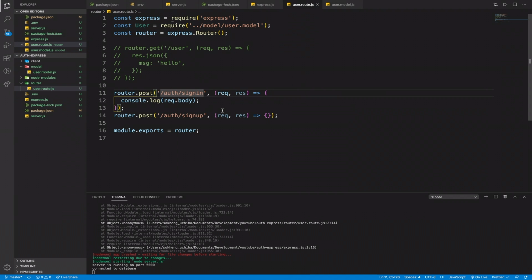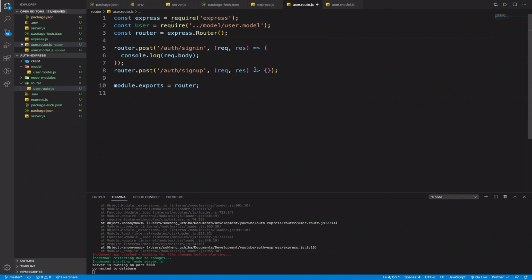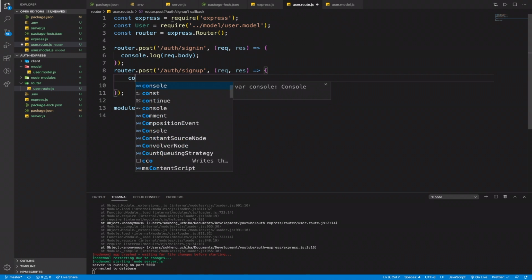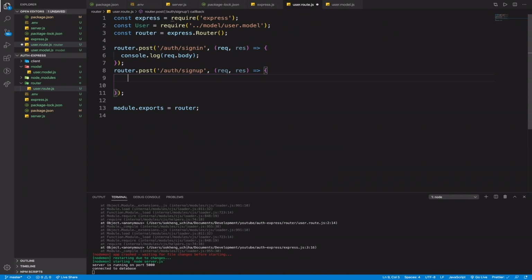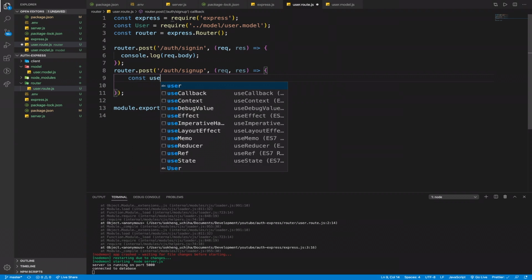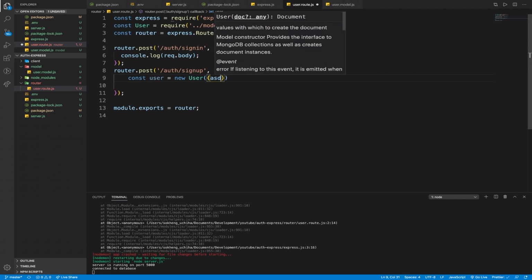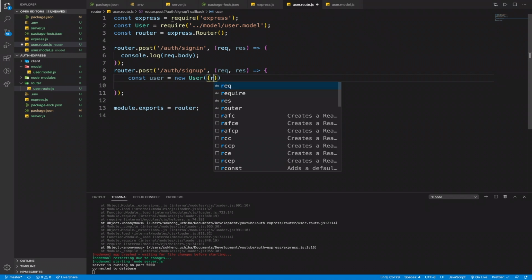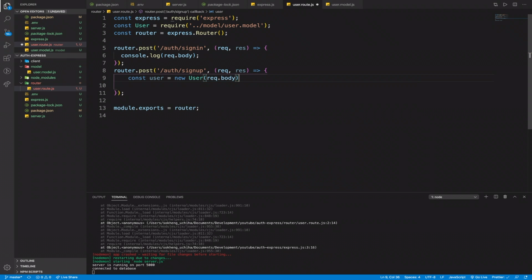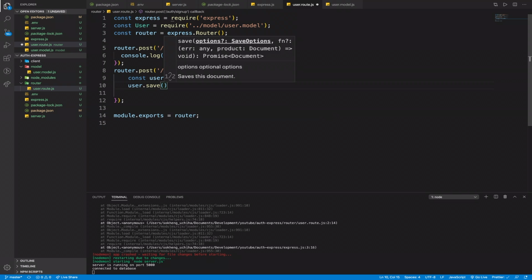We go back to user routes. I'm going to delete this one. So first, I think it's pretty straightforward. Const user equal to new user, which we want to pass is request.body, and then user.save. Then we do .then